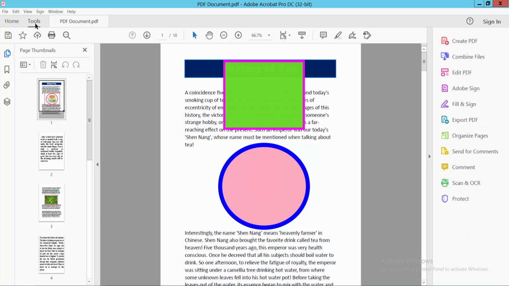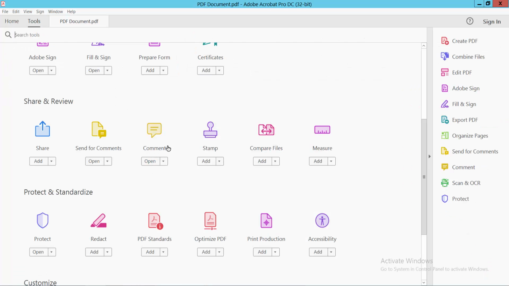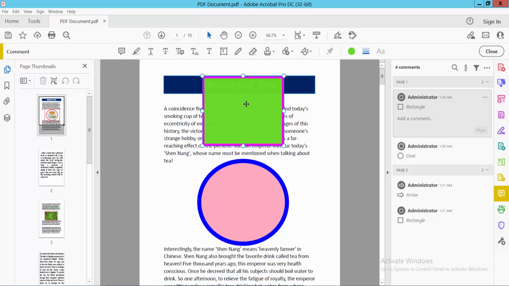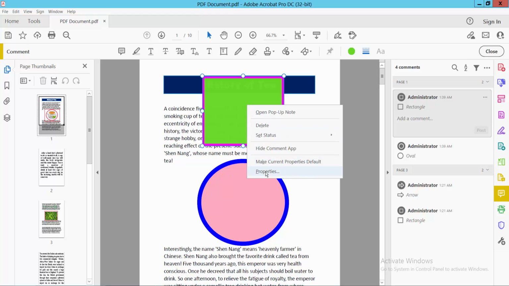First, select this Tools option. Now scroll down. Here we will find this Comment option. Now click on your shape, right-click, and select Properties